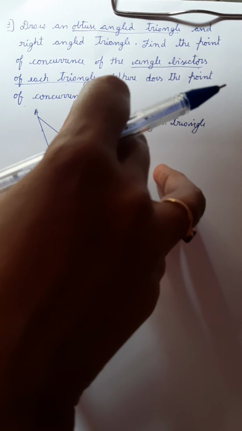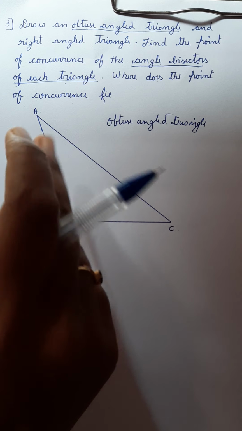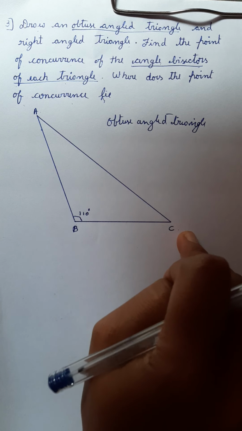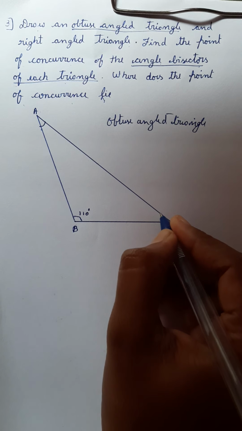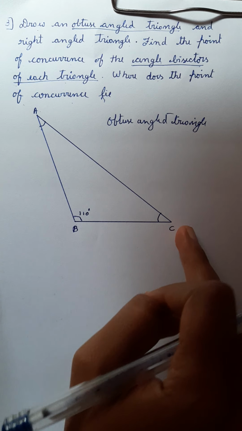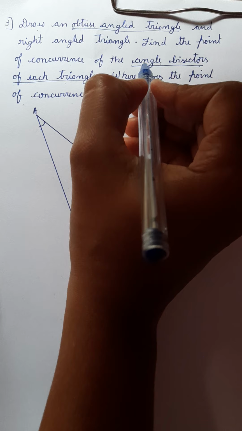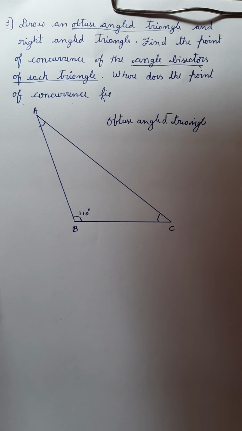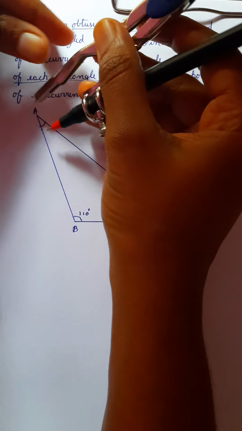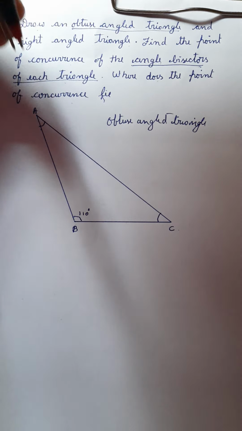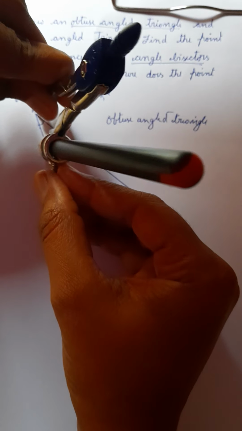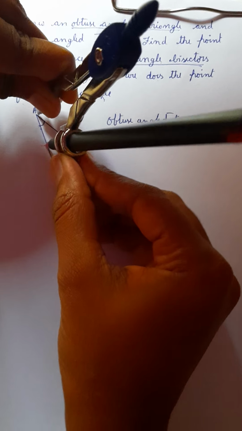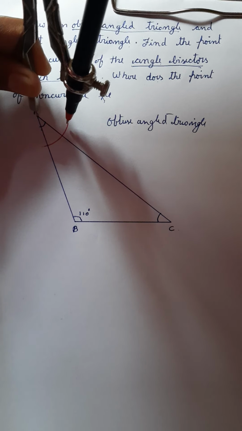Now in this triangle we will draw angle bisectors of all the angles. So here we have three angles, angle A, angle B and angle C, and all three angles we will bisect. We will draw angle bisectors. So how to draw an angle bisector? Already it is studied. So take a small arc with any measure, keep on point A and cut the arc,